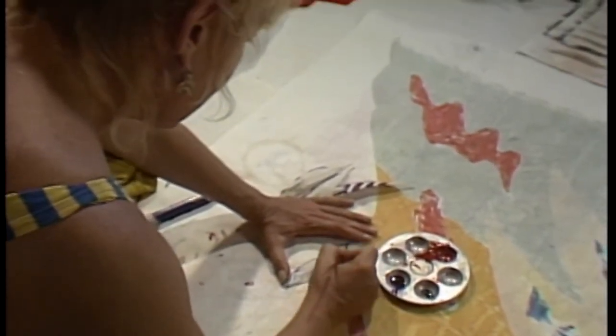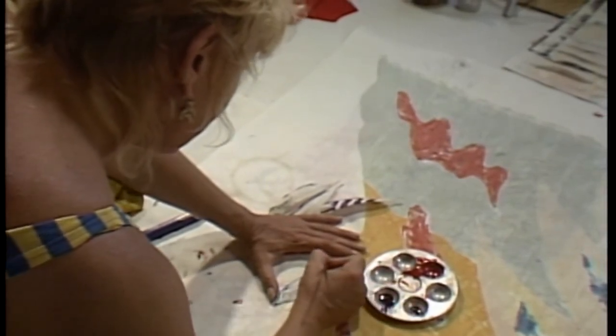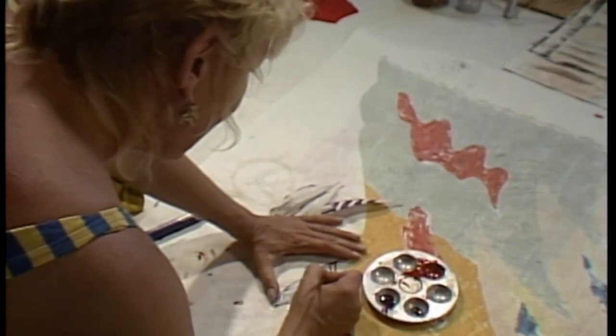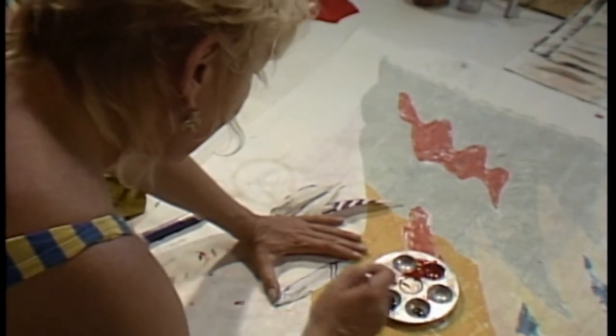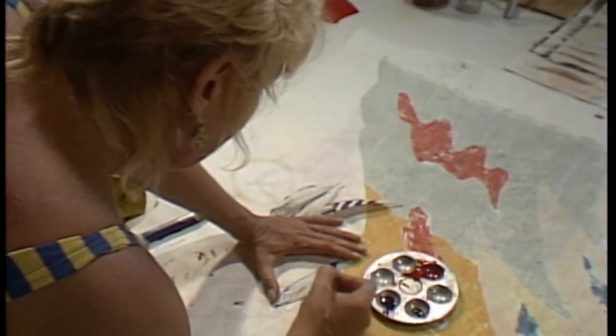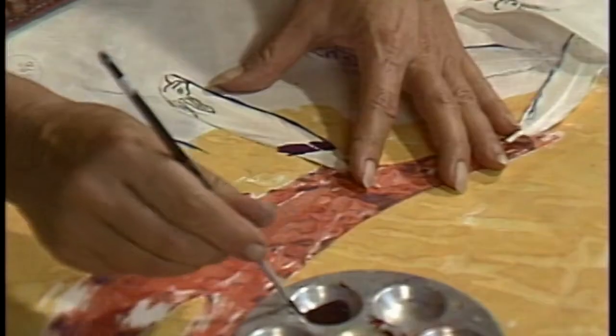With the cottons or the fabrics, the preparation is just washing the materials and putting the shape on that you're going to paint, and that's real simple. The most complicated is the feathers. And then once the feathers are painted,